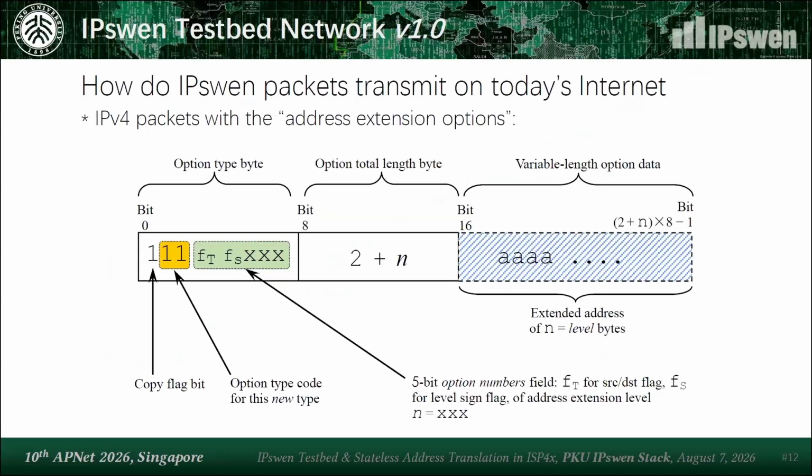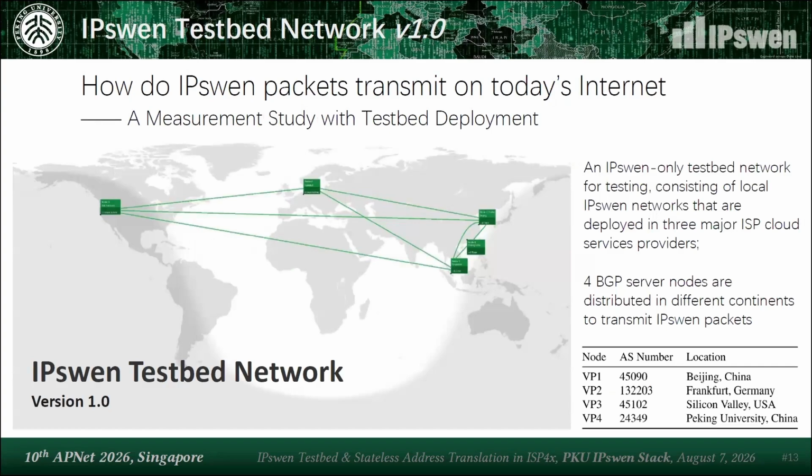So let's get into the technical issues. How the packets transit onto this internet. The packets have the format of options. So we built a global test bed prototype version. Now we finished it, so we venture to upgrade this version from 0.x to 1.0, and we have 4 venture points and additional test control points distributed to different local networks of